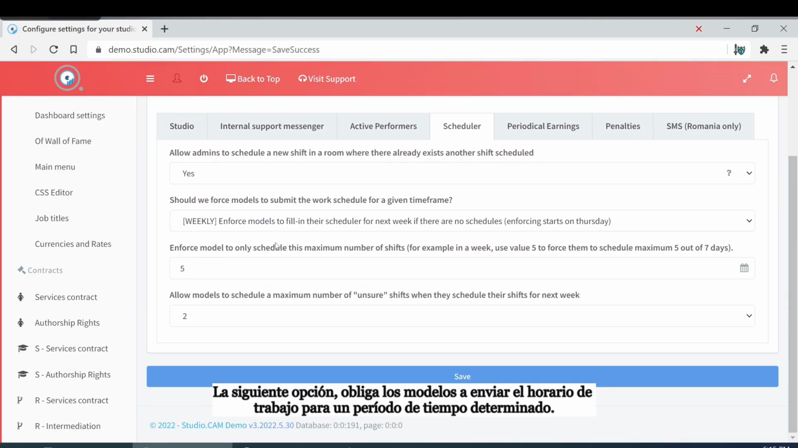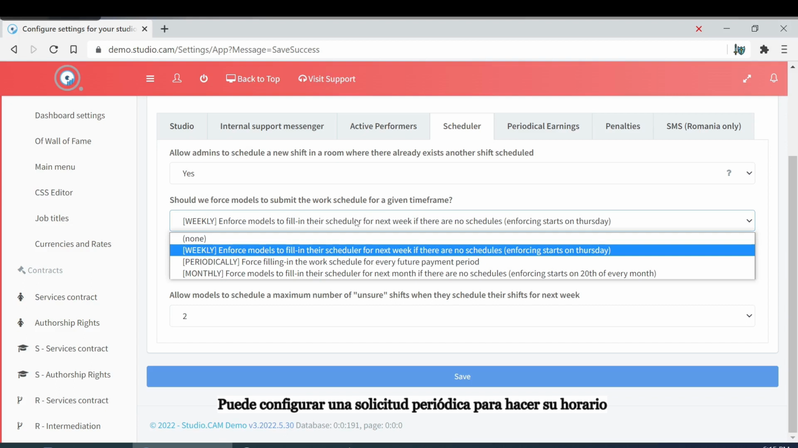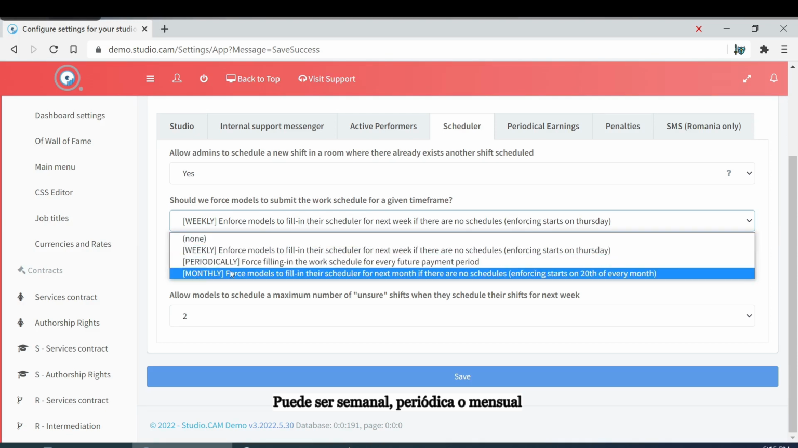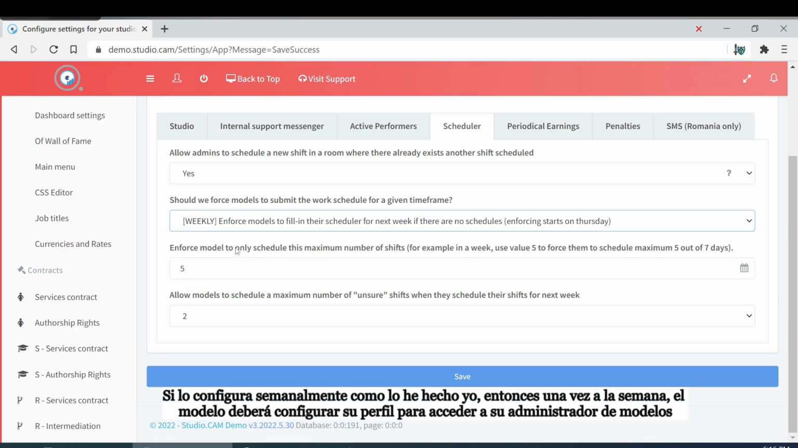Then the second option is to force the models to submit the work schedule for a given time frame, or you can set a periodic request for the models to set their schedule. It can be, as you can see here, weekly, periodically, or monthly. If you set it on weekly, for example, as I set it here,